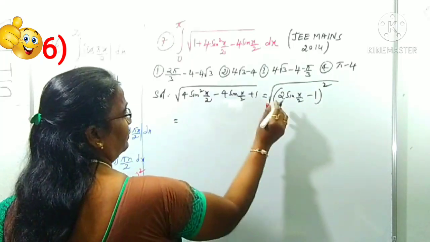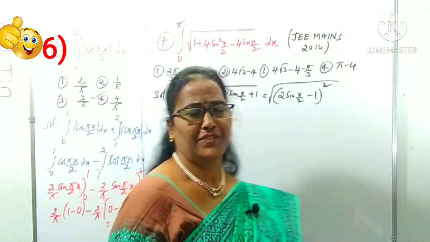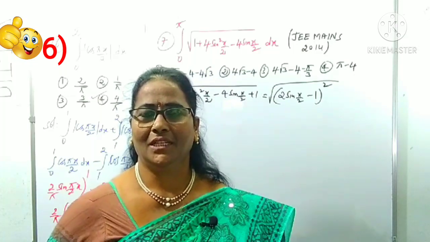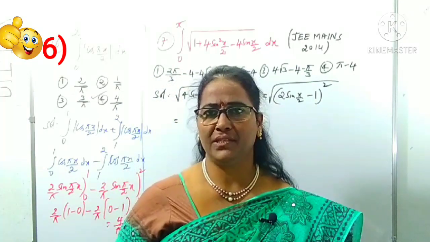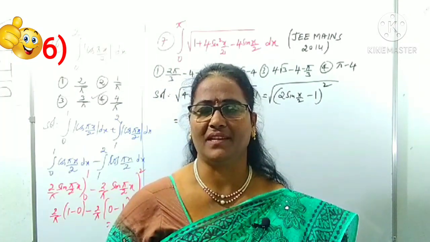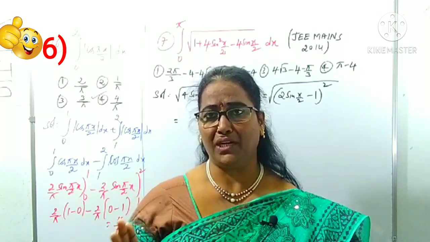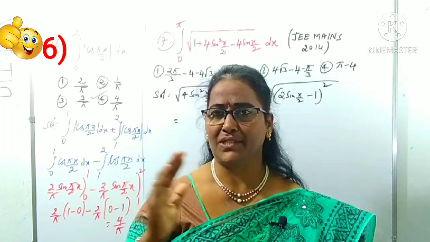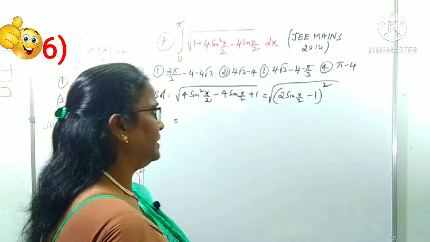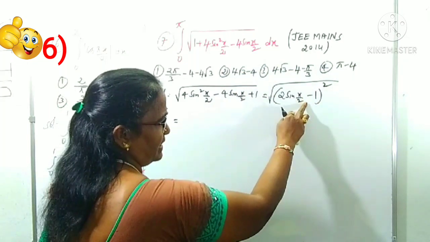Now, what is the square root of (2 sin x/2 minus 1) whole square? Generally, you can think the square root of 4 is 2, but exactly what is that? The square root of 4 is plus or minus 2, you have to take. Otherwise, you can use modulus 4 also, modulus 2 also. Okay, here indirectly the square root of (2 sin x/2 minus 1) whole square is in